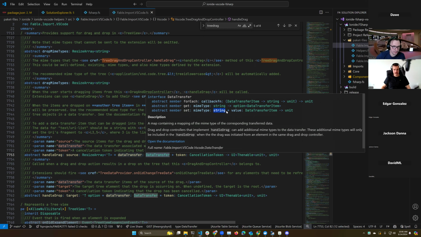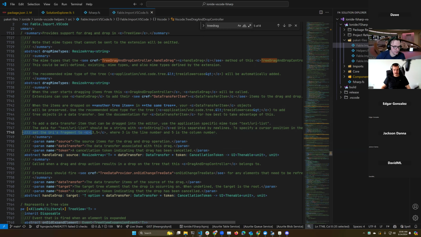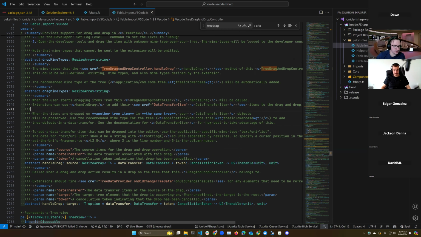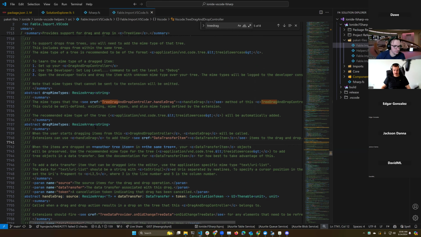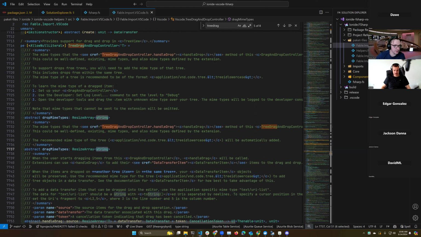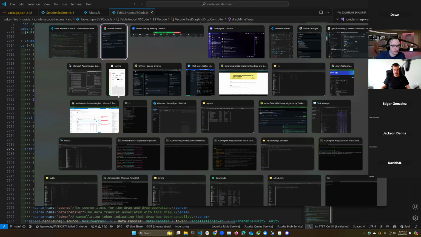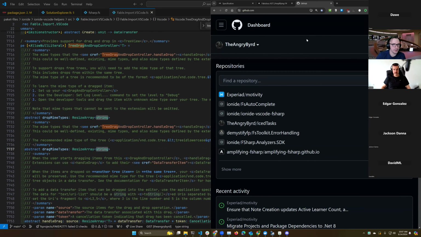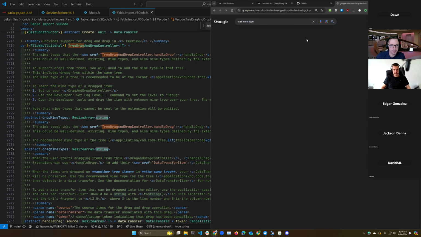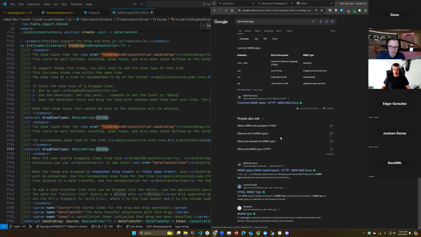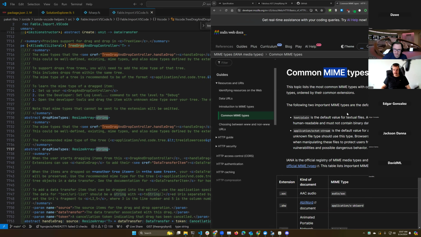And so we have this MIME type. Not exactly sure what these are. Let's take a look at what the MIME type actually is. Anybody know what mime means in this context? I don't know if that's a common thing. Yeah, it is. If you look for HTML MIME, you basically end up with kind of like a path here. If we look at examples, it's a little bit different.